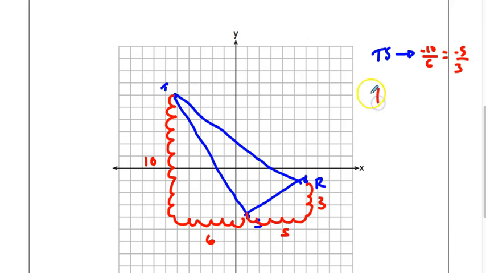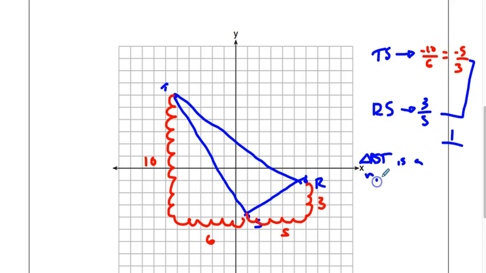So the slope of RS, we'll put that down now, is positive 3/5, because it's up 3 over 5. Now you could keep finding your slopes, but if you look here, these two are perpendicular. So we've already proven that this is a right triangle. So in conclusion, we know that triangle RST is a right triangle